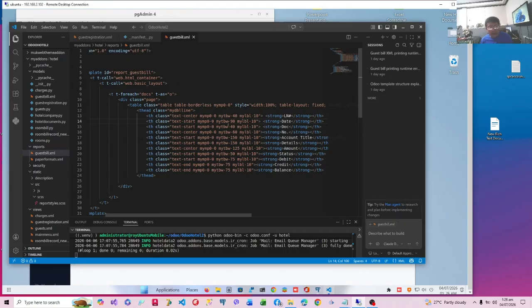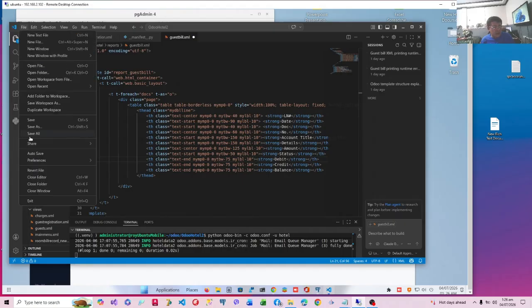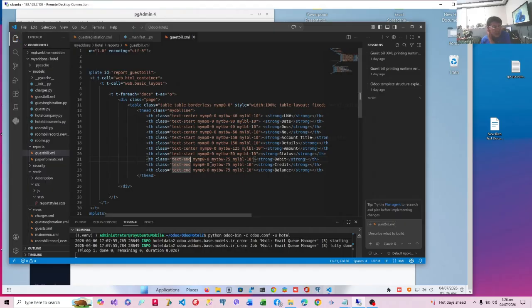Okay, now let's discuss the classes. The first two classes are rather text center, which is a Bootstrap class. It will center the text in the cell that is assigned to it. Text start will left align, text end will right align. So for example, in this case, numbers are right aligned. So I think debit is wrong. It should be text end. Okay, status is... it's good that I've seen it. Because debit is a number, so it should be right aligned.